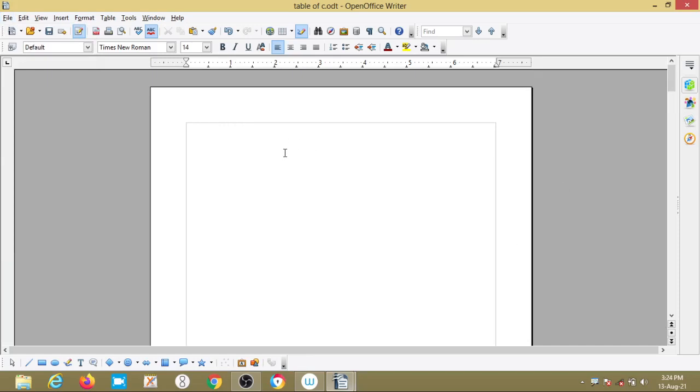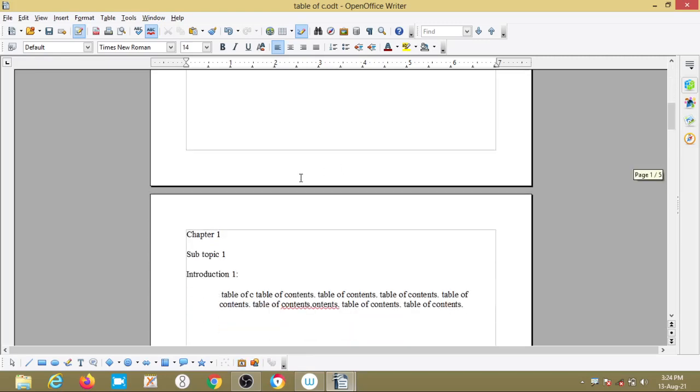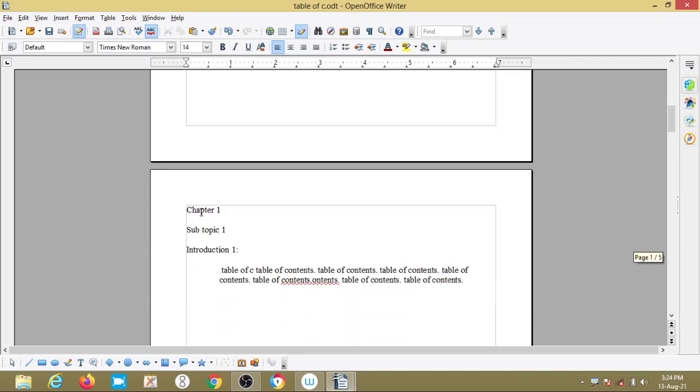So the table of contents is created here, on the first page, right? That's why I left this blank. Next, chapter 1, subtopic 1, introduction 1.